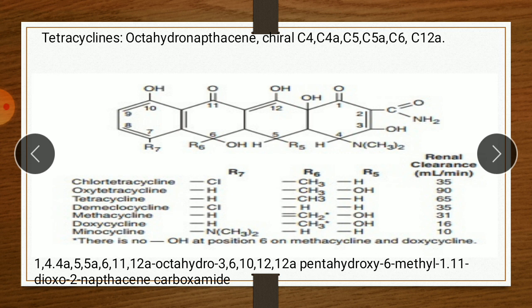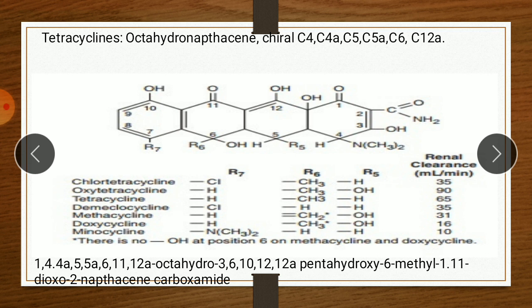Now, in such compounds, tetracycline, meclocycline, methacycline, doxycycline, minocycline, oxytetracycline, chlortetracycline, and demeclocycline have been introduced into medical use. The important members of the group are the derivatives of